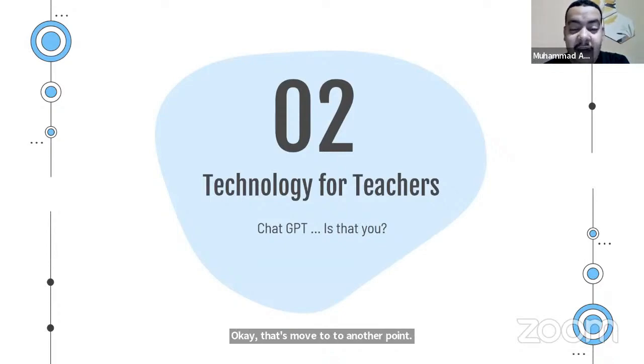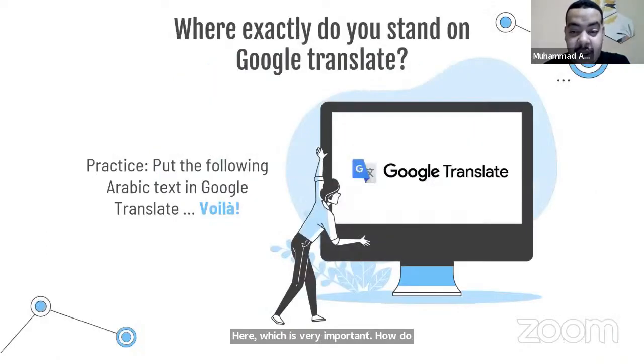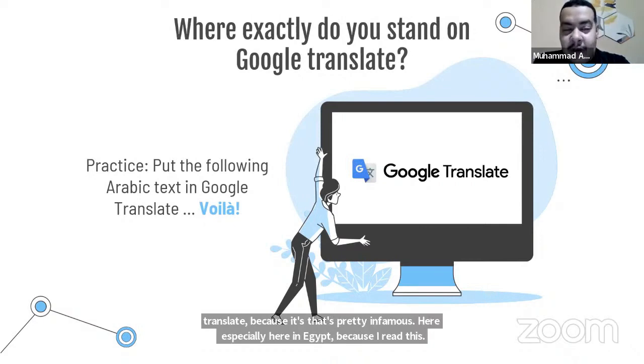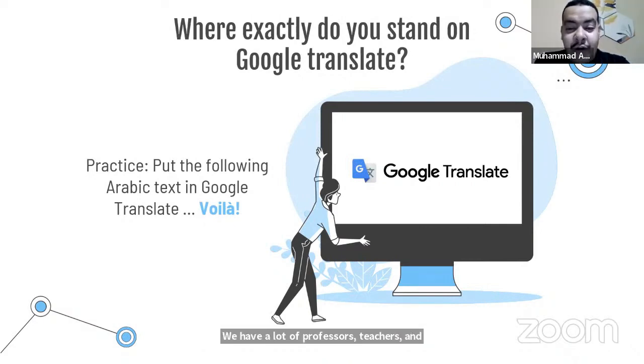How to use technology in teaching translating, and I'm here to defend Google Translate, because it's pretty infamous here, especially here in Egypt. Because I reiterate this, we have a lot of professors, teachers, and instructors who say never, never, never use or depend on Google Translate, and they have a lot of my students here. They may be watching me right now, and I never tell them to translate or to depend on Google Translate,